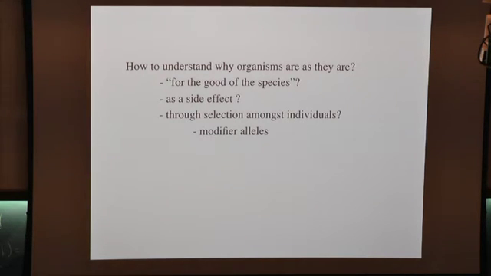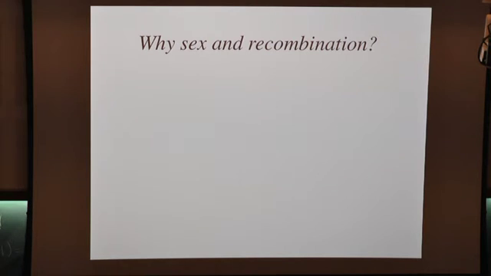And so this is trying to pare down the argument to the simplest possible scenario, asking, would alleles that increase recombination, that increase sex, that increase mutation rate, or whatever, would they increase in the population? And ultimately, you have to have some kind of argument like that in order to explain the origins of these kinds of features. And as I go through in the later lectures, I'll be giving specific examples of how we use this idea, but just introducing it as a way of thinking about how we explain features that appear to have only a long-term benefit, but can actually be explained in terms of short-term changes. So that's a roundabout explanation of why I'm going to focus on sex and recombination.